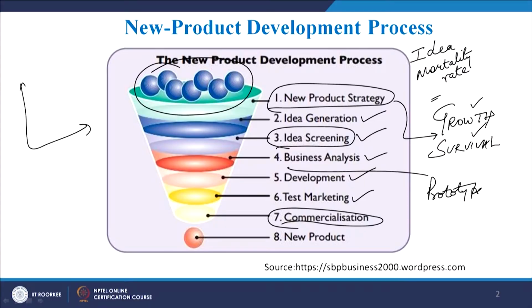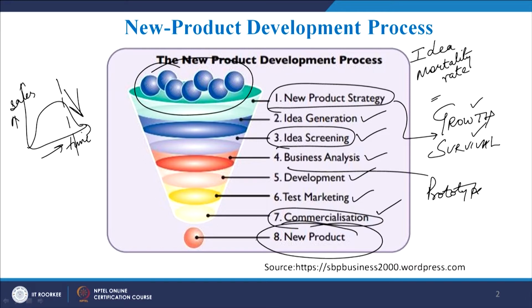Once the test marketing is successful, the company goes for commercialization, and when the product is commercialized, as all of you know, it will be sold in the market, and in that case we prepare again the product life cycle. As we have seen, on the y axis we take sales and on the x axis we take time. So in the commercialization stage, we know how the sales are varying over a period of time, and once the product sales start to dip, again the company tries to come up with a new product, updated product, or a product with additional features, additional functions as compared to the existing product.